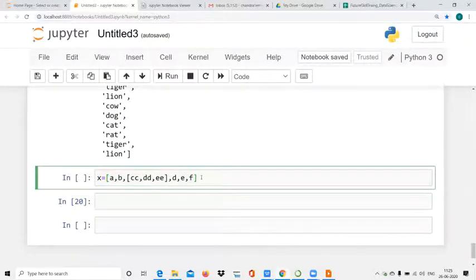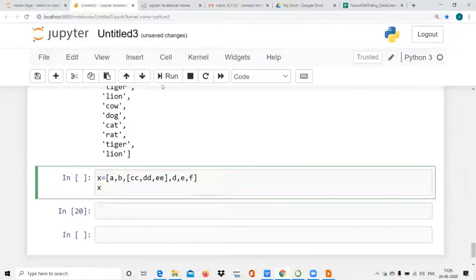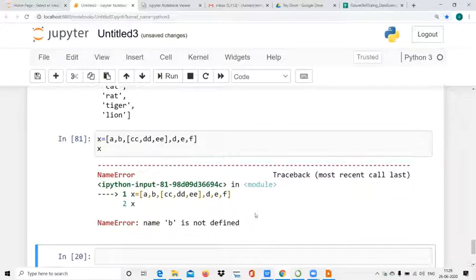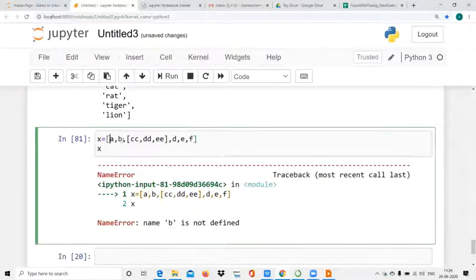So now see what X is. The name B is not defined. Actually, it is a character, I should take it like this. Okay.